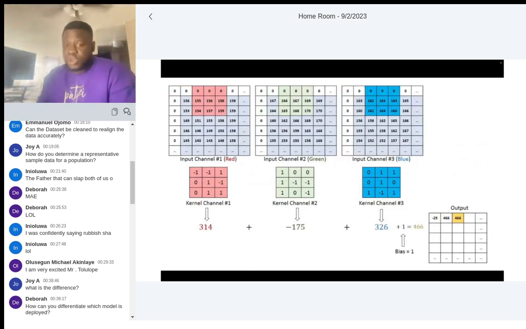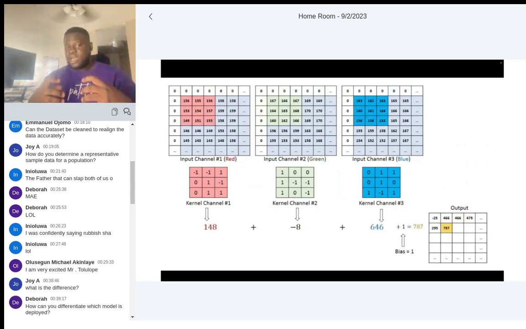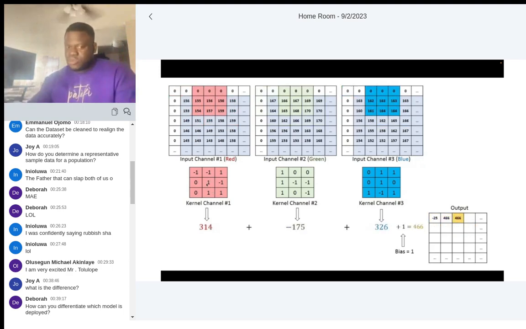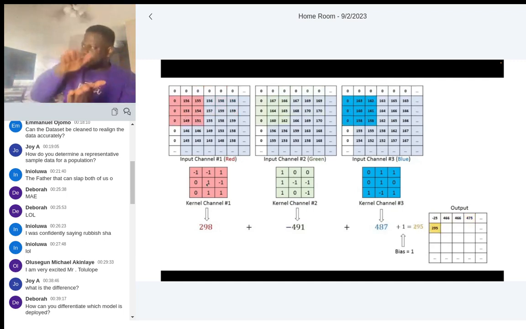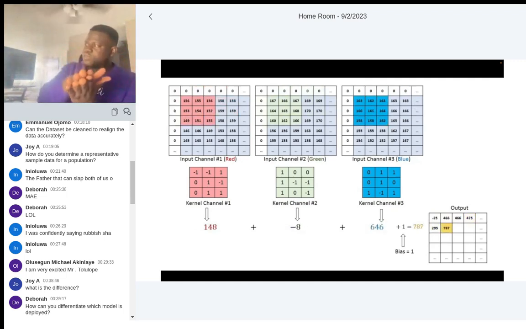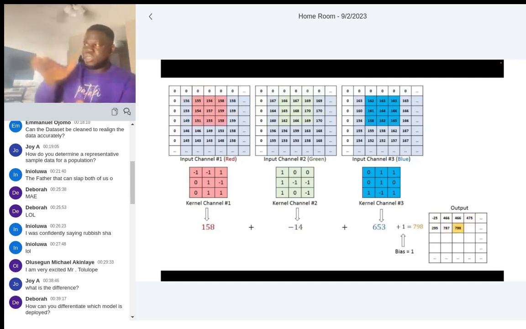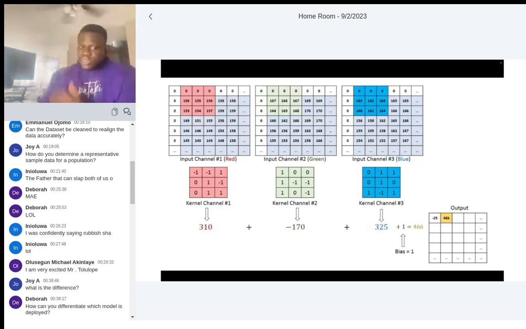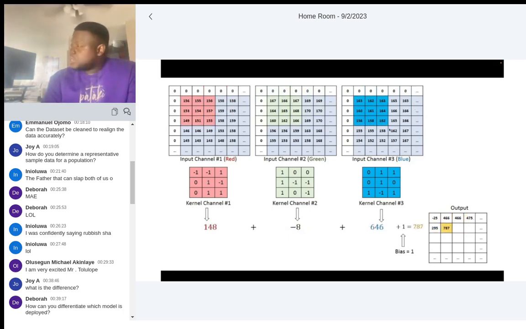Let's assume that you have an RGB image. The red channel is converted into pixels. Now you are convolving it with a 3x3 kernel. There's something I want you to know: the number of channels of the image is equal to the number of channels of the weight. Every channel will have its own weight. So you can see the red channel has its own red weight, the green channel has its own green weight, the blue channel has its own